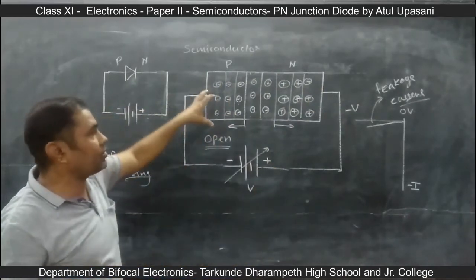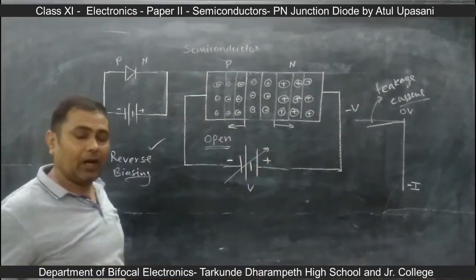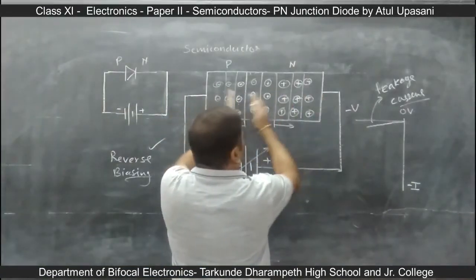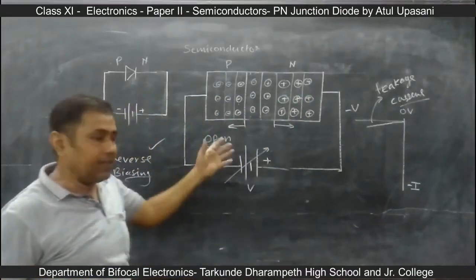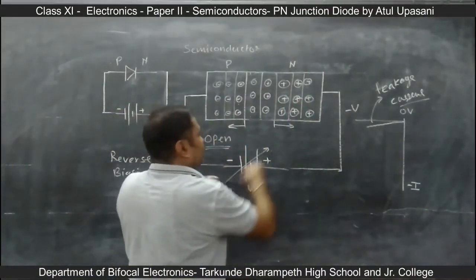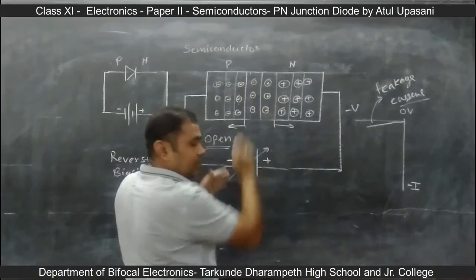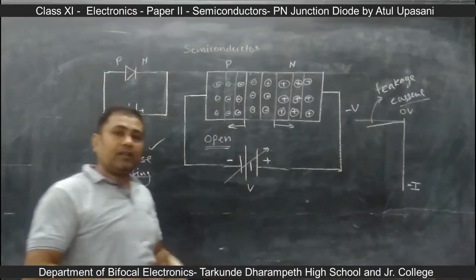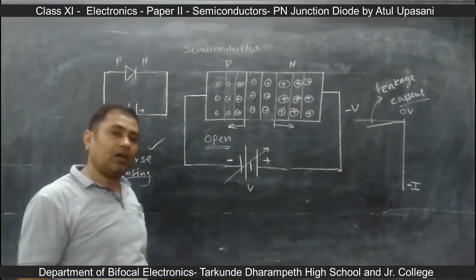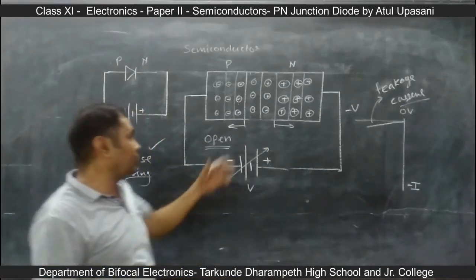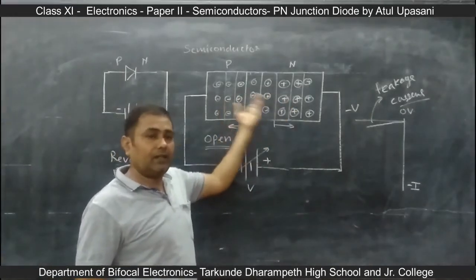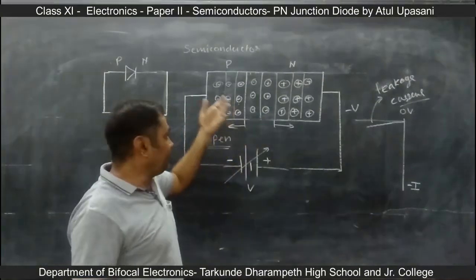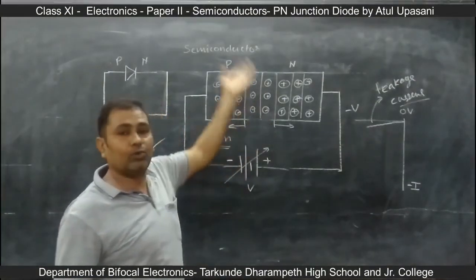fulfilled by the formation of ions, what happens after this? As you know, a depletion layer cannot accommodate more than the physical area of the device. So if the voltage is increased, the current will also increase, and the resistance is also increasing. When resistance increases, there is opposition to the charges inside the device, and there will be friction. So there will be formation of heat, and the temperature of this junction goes on increasing.